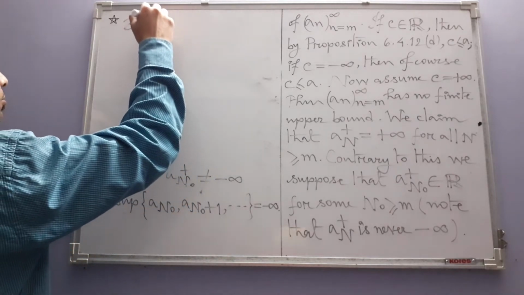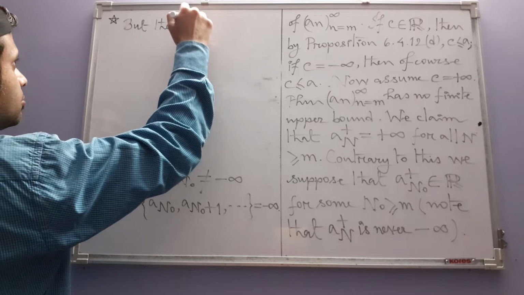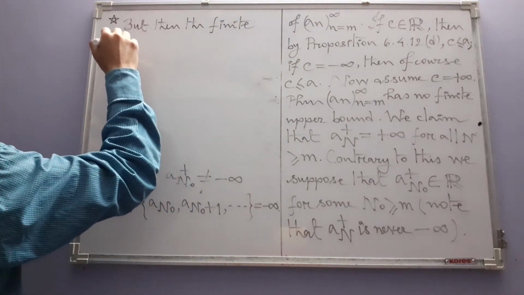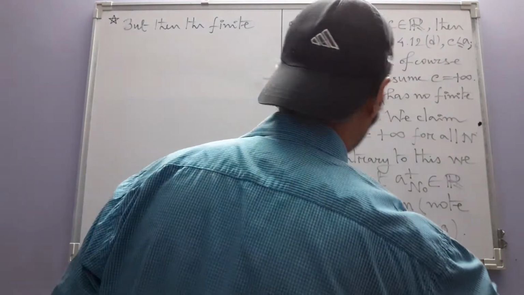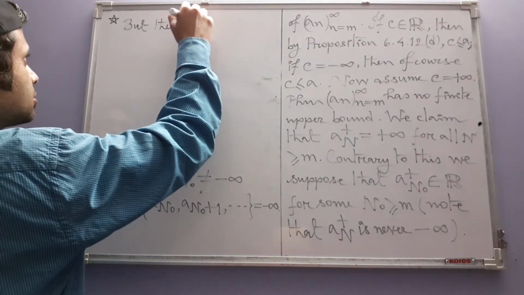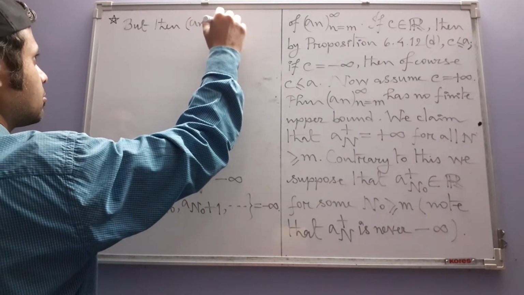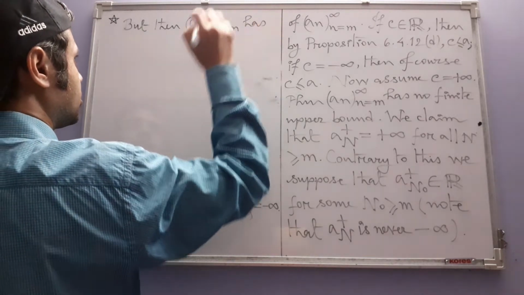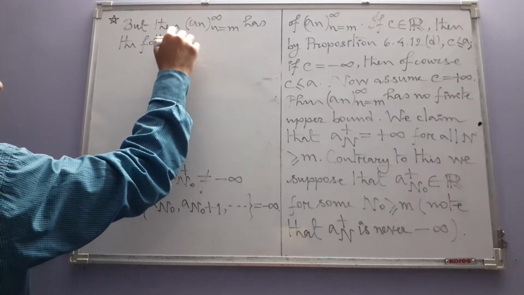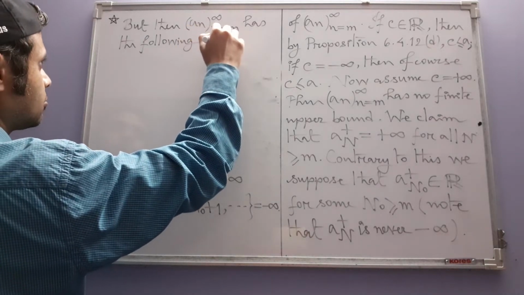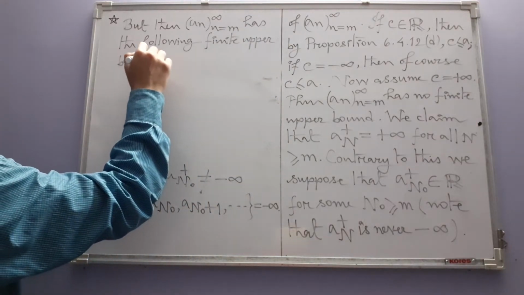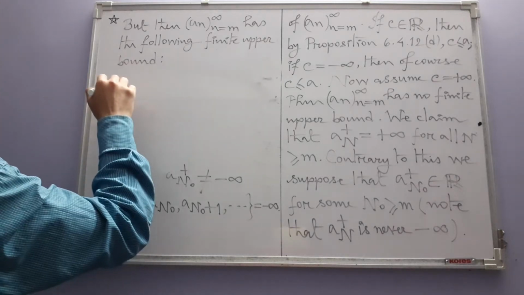But then our sequence has the following finite upper bound. This number